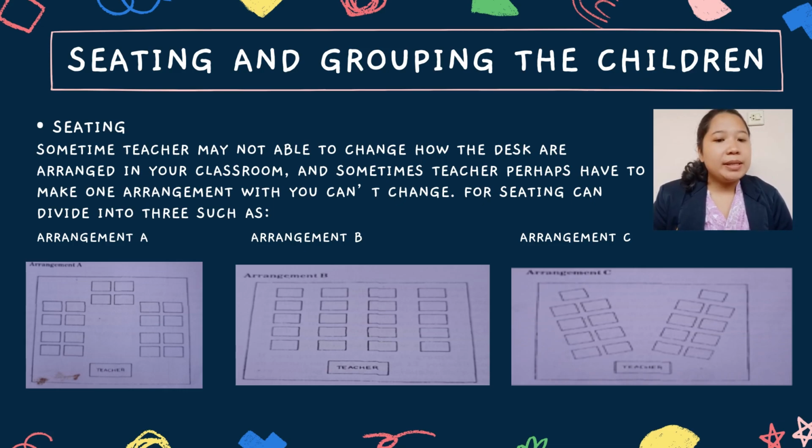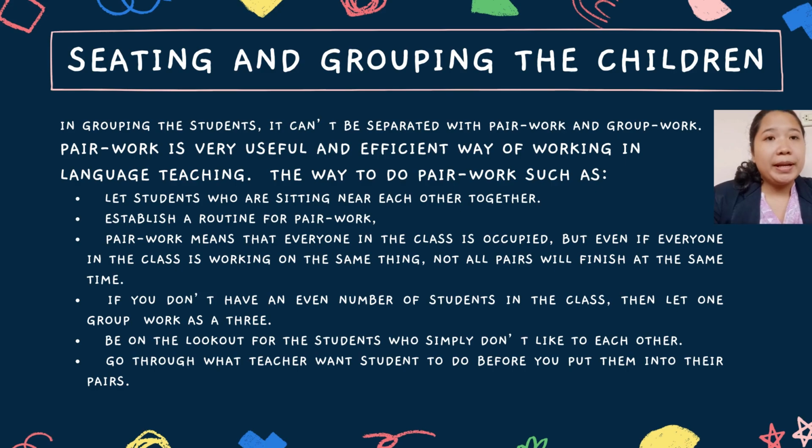In arrangement C, it works the same way as arrangement B, but it is more flexible and leaves the teacher with space in the middle of the classroom. Next, about grouping the students, it can be separated into two types: pair work and group work. Pair work is a very useful and effective way of working in language,